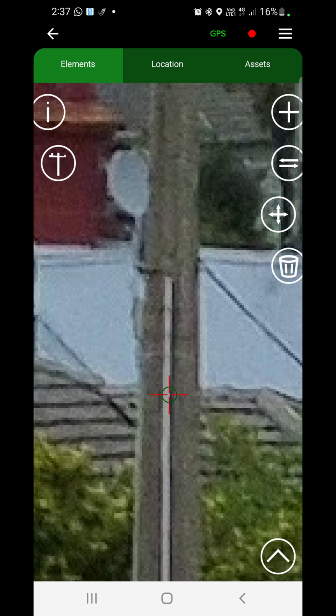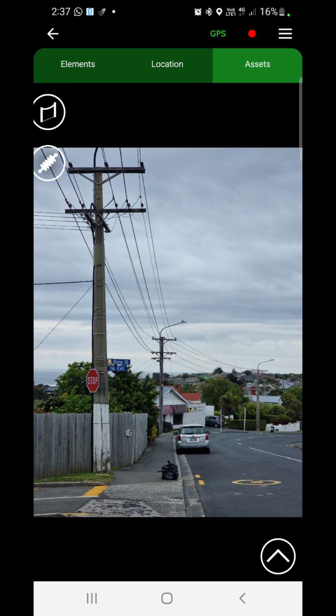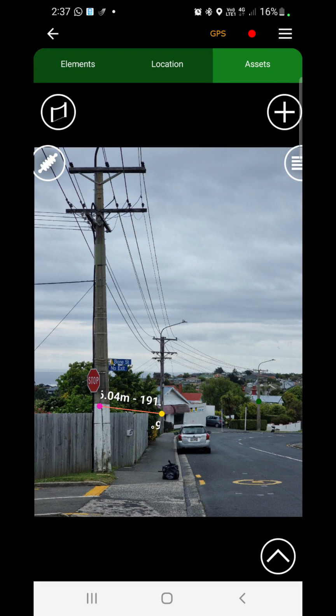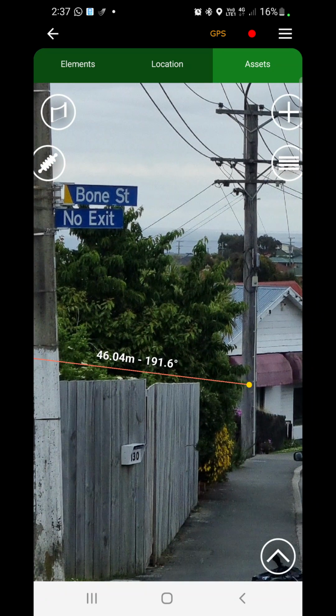And once we've done that and we've identified the distances to all the structures, then we can go to this Assets tab on the top right. The first thing we can do here is measure the span distances. So we click on that button on the left here, and that brings up this plus button, and we can click from the first structure to the second structure, and that's giving us the distance. That's 46 meters, the span, and the orientation of that span,